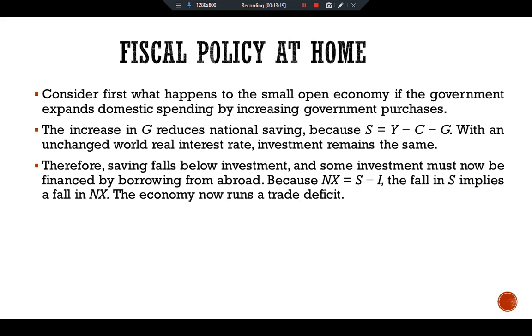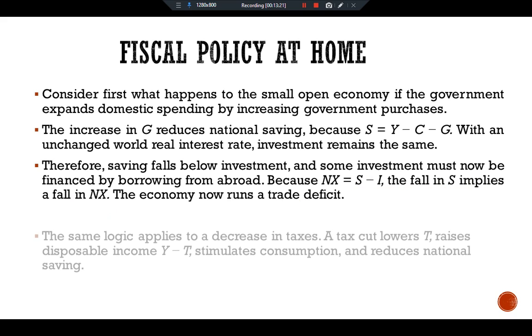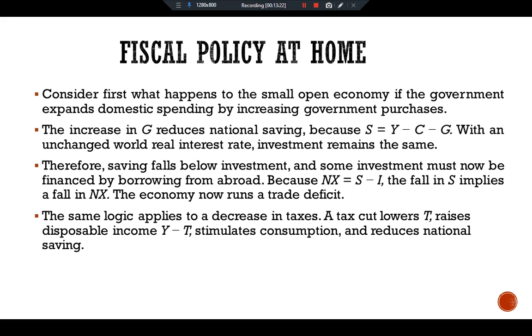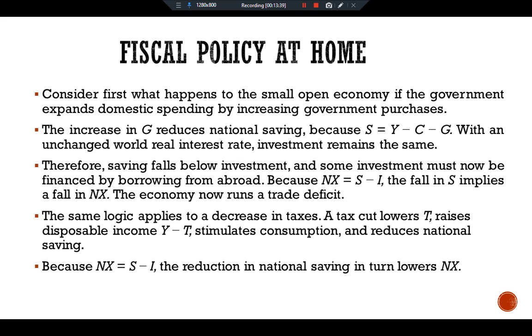Okay, here we have the same case, the same logic applies to a decrease in taxes. A tax cut lowers T, raises disposable income Y minus T, stimulates consumption and reduces national saving. Okay, because net exports is equal to the difference between saving and investment, the reduction in national saving in return